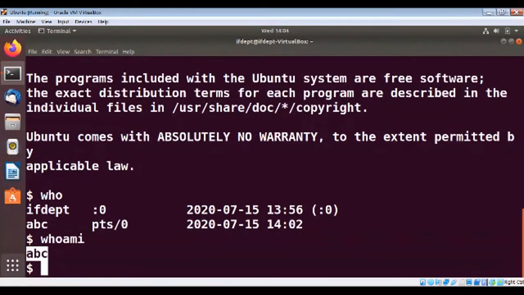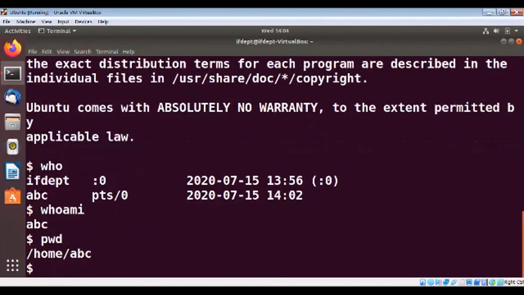And if you remember, while using this useradd command, I have given a home directory path, right? So suppose I want to know the present working directory. I will type pwd. Let us see what the output is. It is /home/ABC, right? In Windows, every user gets a My Documents folder, isn't it?